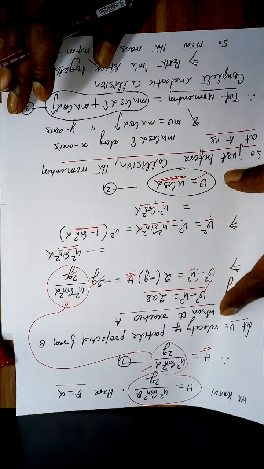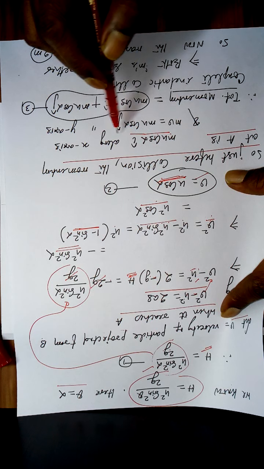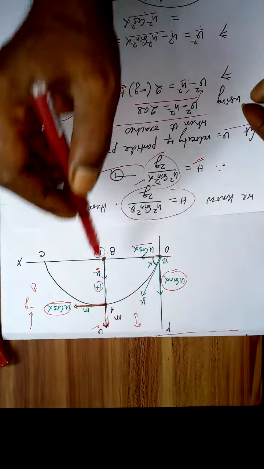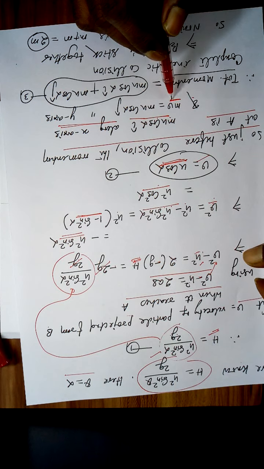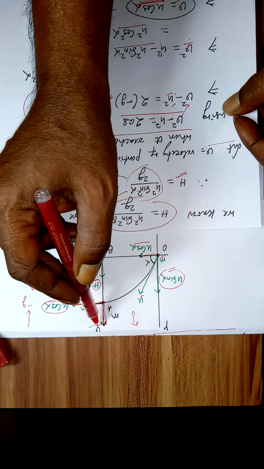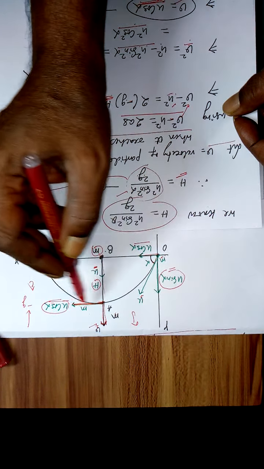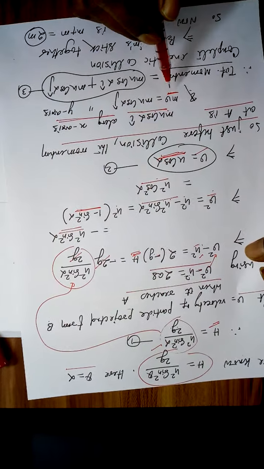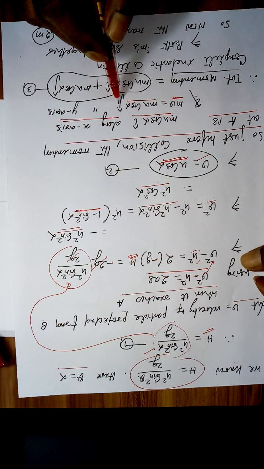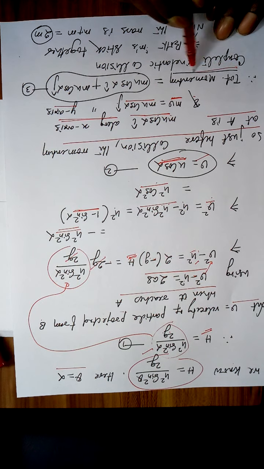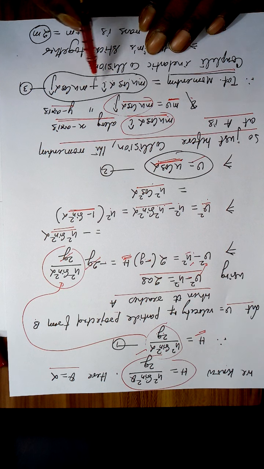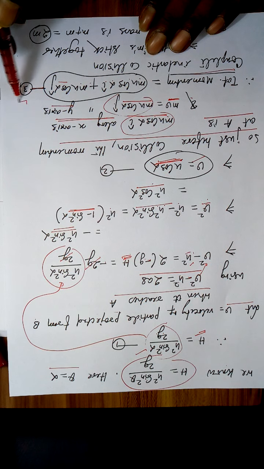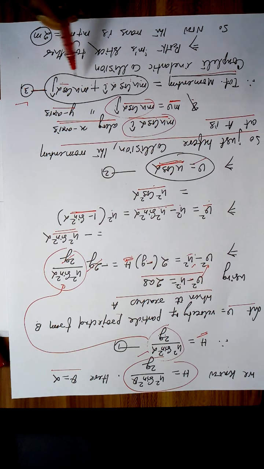So m u cos alpha i cap along the x-axis, and m v. This v we have just found out is also u cos alpha, so m v is equal to m u cos alpha along the y-axis. So the total momentum is this plus this, that is equal to m u cos alpha i cap plus m u cos alpha j cap. Make it equation 3. So this was the total momentum.